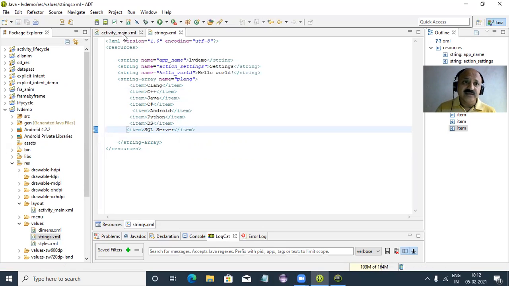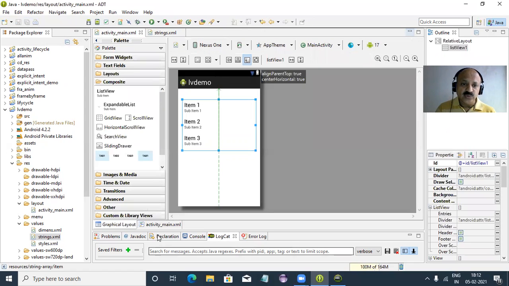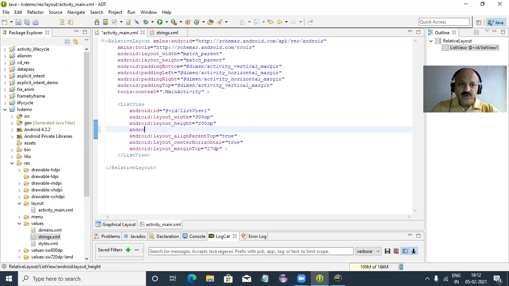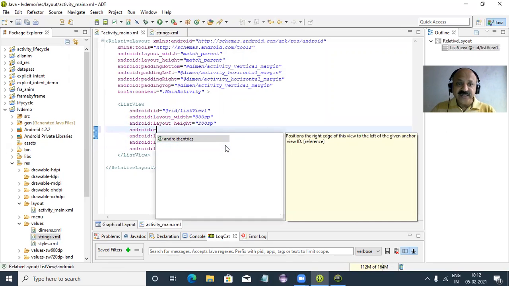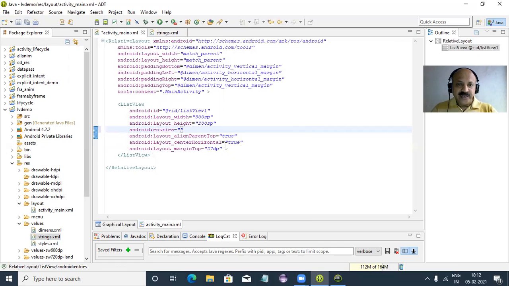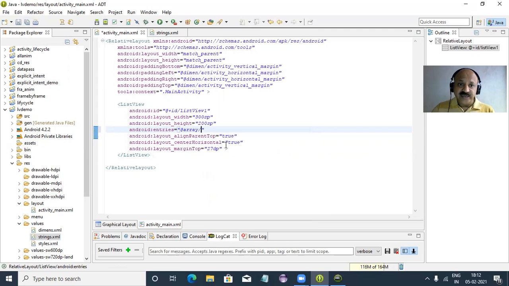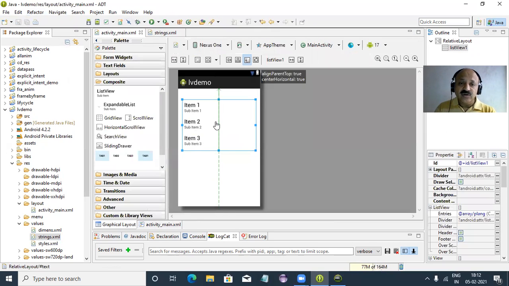Now what to do? We can assign this list in the list view. The first technique is a static way, and in my upcoming video lecture I will take the dynamic way. So android:entries, that is a property, with @array, and our array name is P language. So that list is bound with only one line. You can bind your static list in the activity_main.xml file. So that list is bound, but here it does not appear.